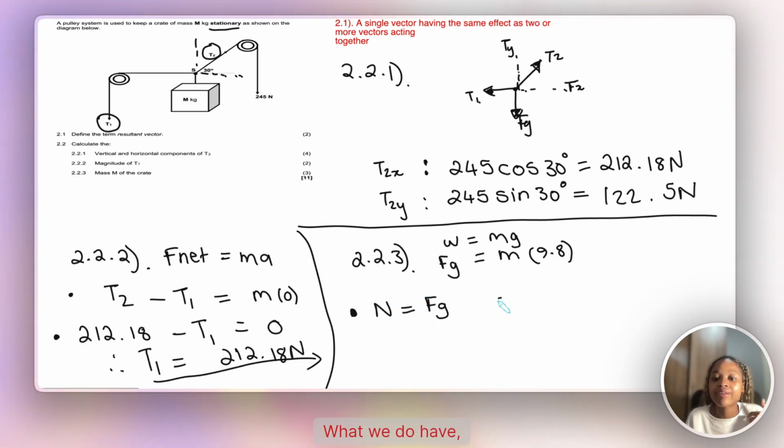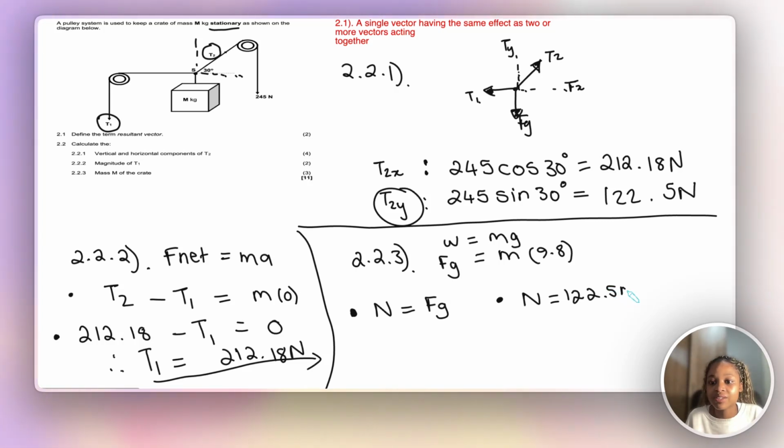What we do have, since we know that the normal force acts vertically, is our vertical component of the tension. Remember, it's technically running through, it's running here. So that might as well be the normal force. So I can equate my normal force to the y component,